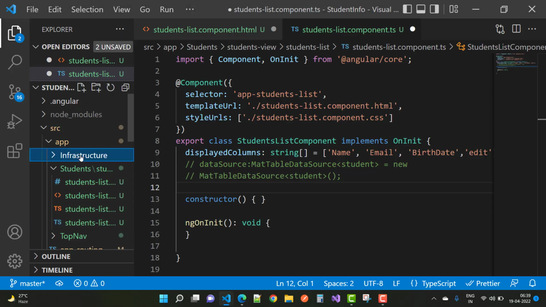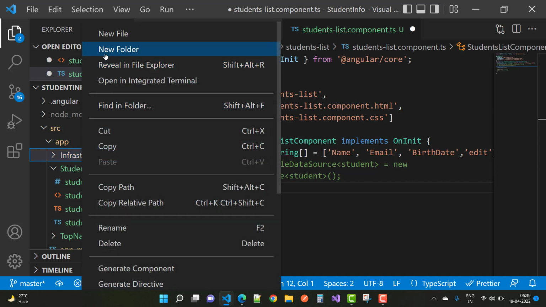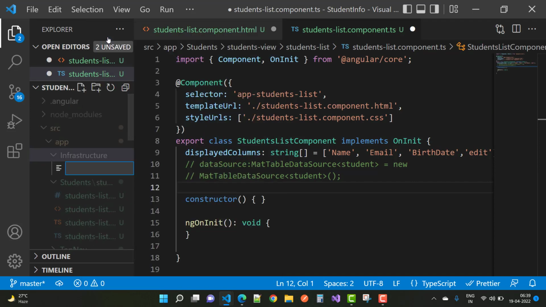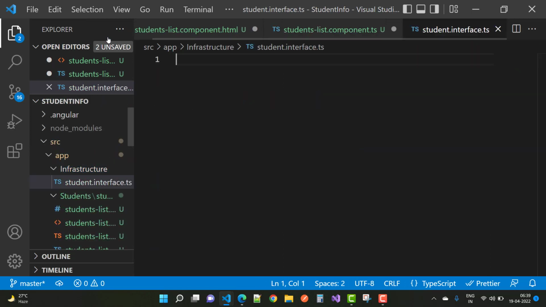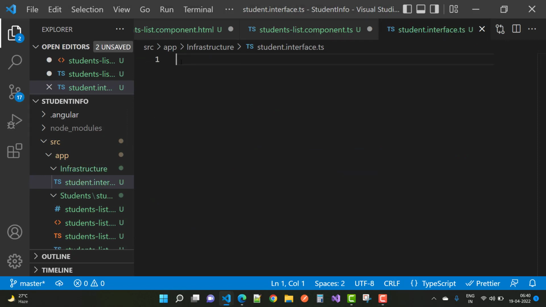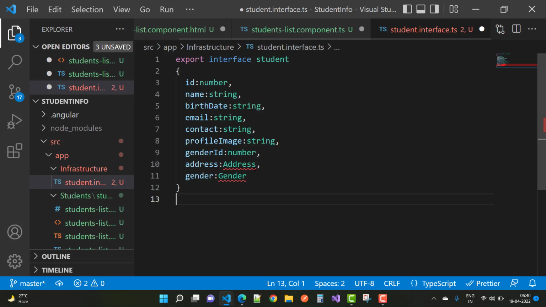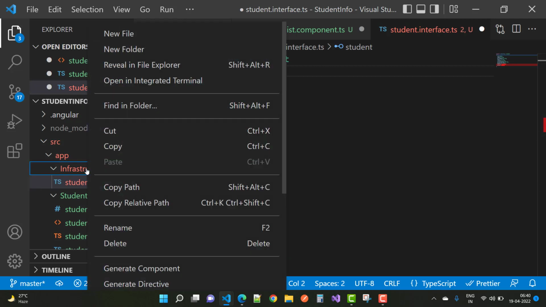The first interface is related to your student, so create the student.interface.ts file, with a student interface having ID, name, birth date,